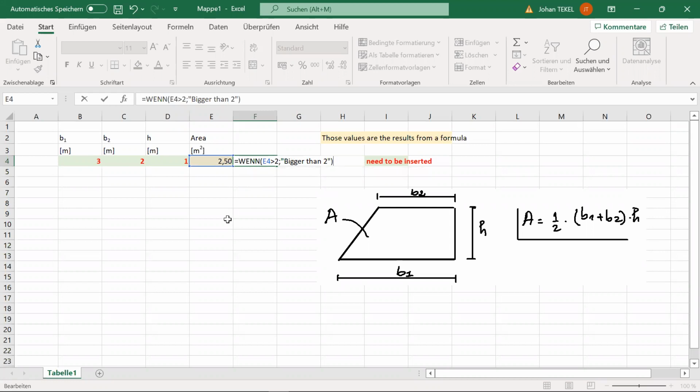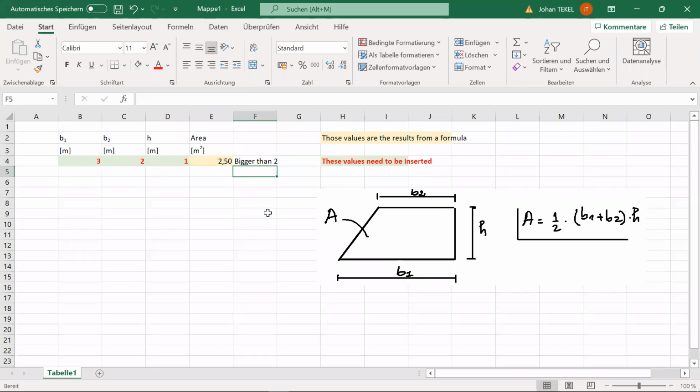I'm gonna close the brackets. So I've told the program the condition is if 4 is bigger than 2. If that condition is fulfilled, write "bigger than 2". If the condition is not fulfilled, well, I haven't told it anything, okay? So let's press enter. In this case, our area is 2.5, obviously bigger than 2, so it wrote bigger